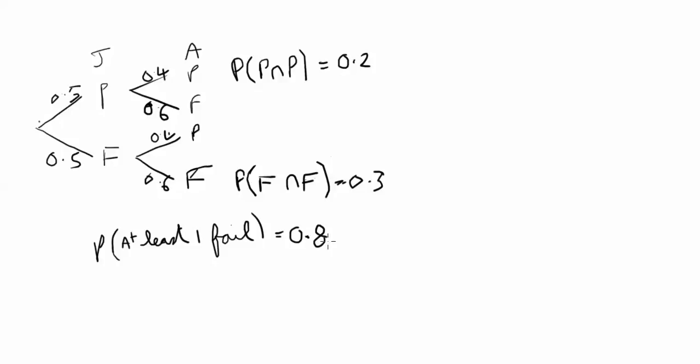So yes, it's a pretty standard question, but it has this extra bit here, and all this is telling you is that because these two times together give you 0.3, it confirms that these are independent events, that Julian passing or failing has no effect on